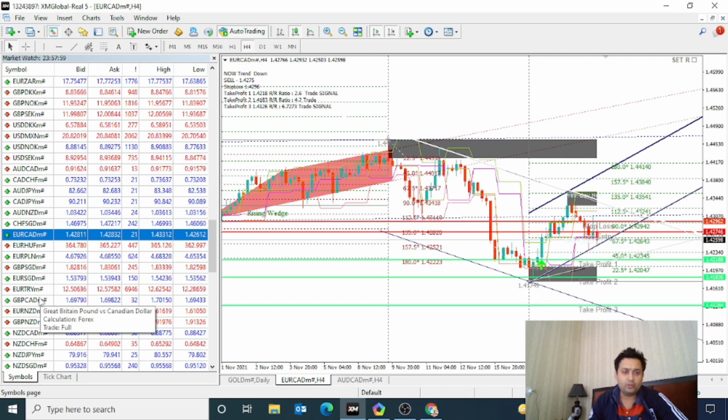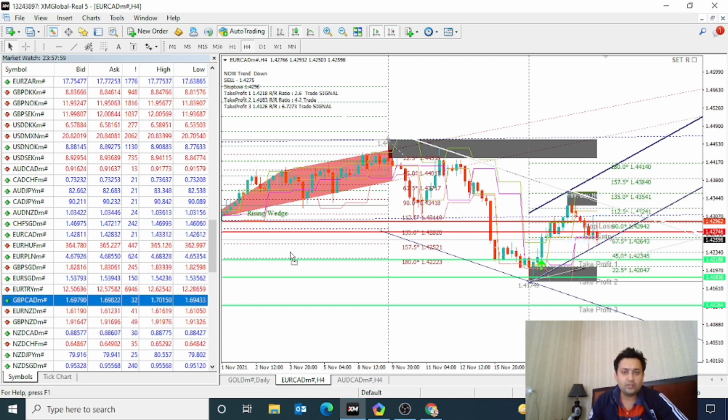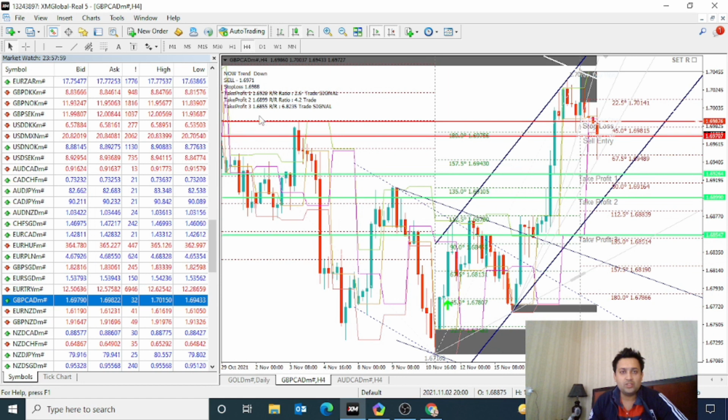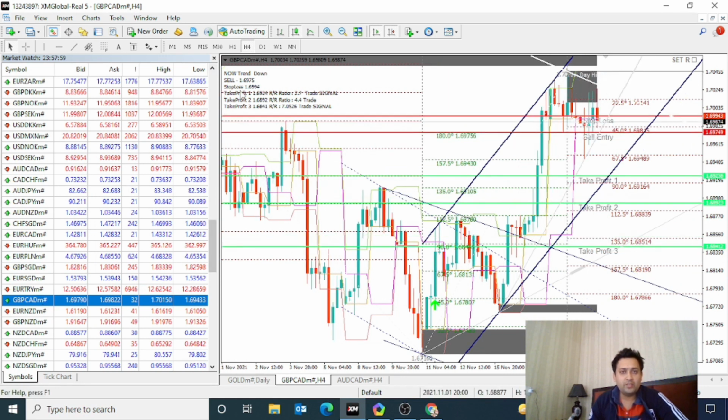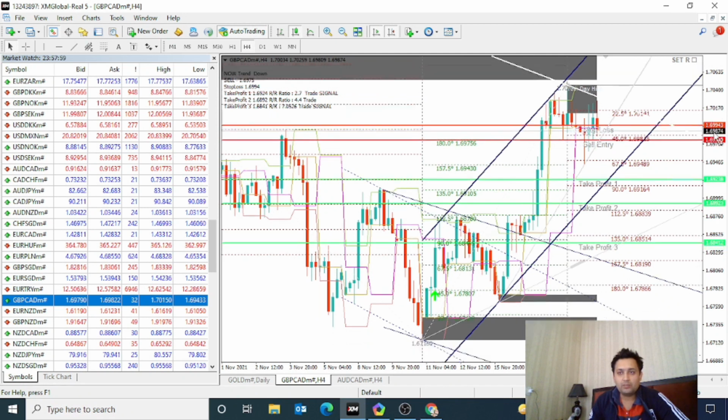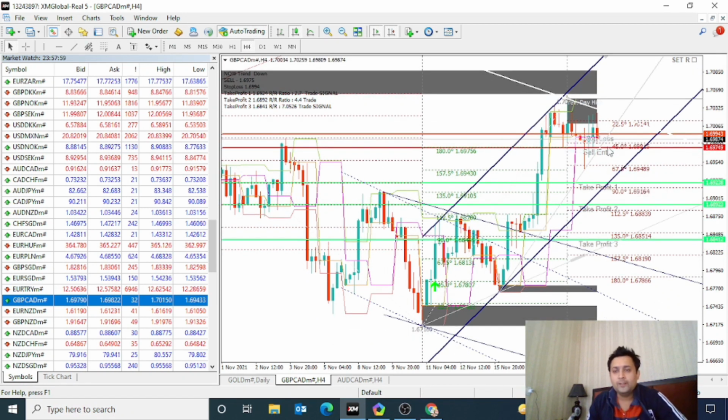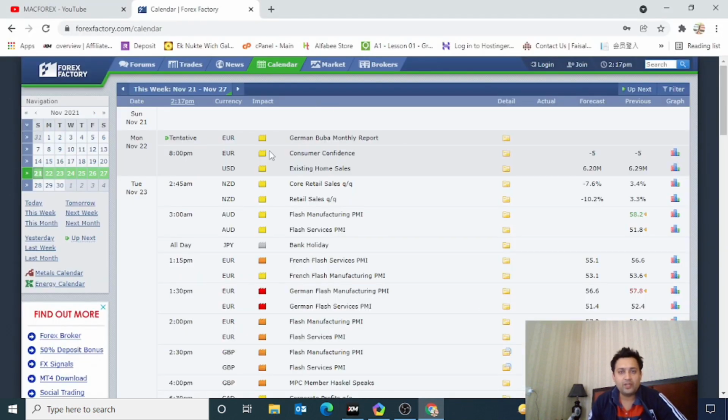For example, now I am attaching another currency pair to this chart. You can see here pound and Canadian. This indicator gives me the sell signal. This is also the exact point of sell, and you can see here this is the take profit. Before entering the market, you need to check the news on the Forex Factory economic calendar. If there is no high impact or medium impact news, then you can follow the trades with this indicator in the same way.